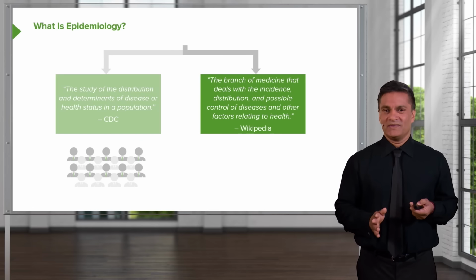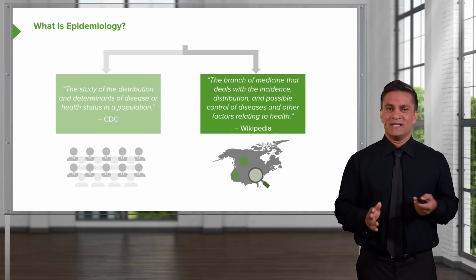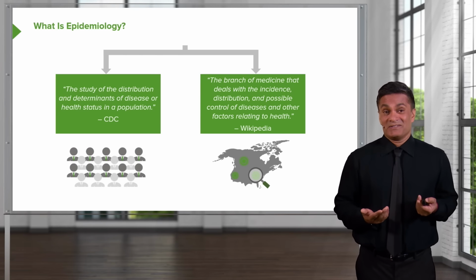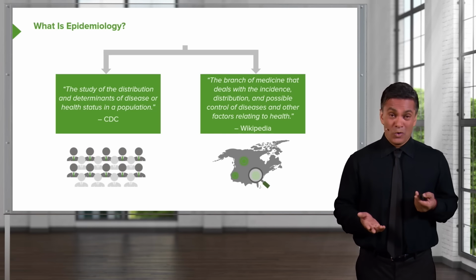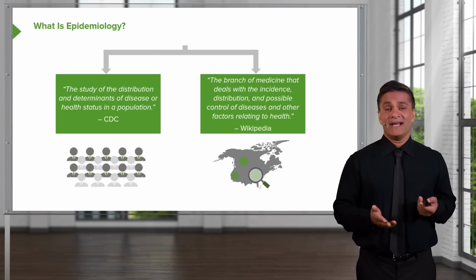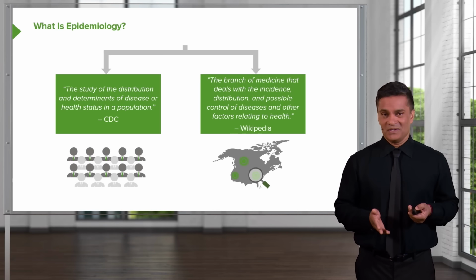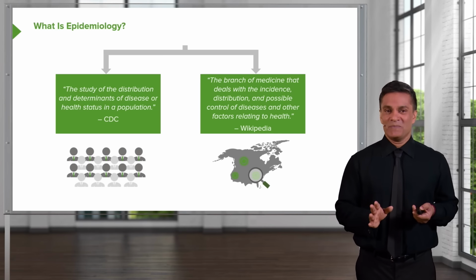Most textbook definitions of epidemiology land somewhere between the two poles of the CDC and Wikipedia. I will offer you another definition. In my opinion, it's the science of science. Or if you want to be a little drier, it's the science of looking at the health of populations rather than of individuals. Hopefully this will all be clearer to you when we're done the lecture.